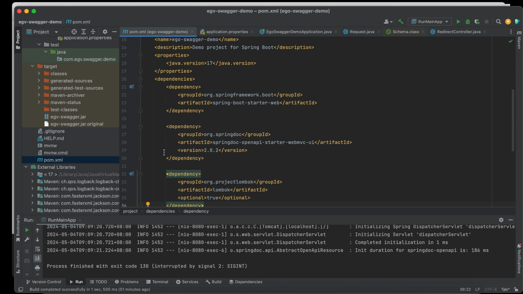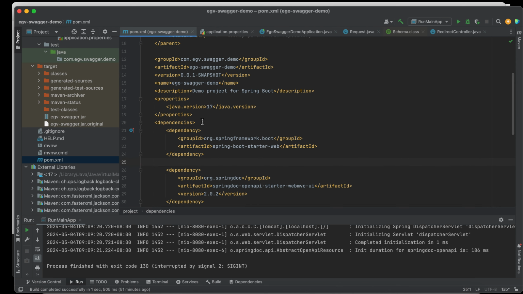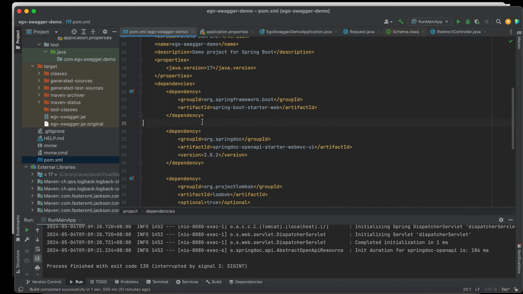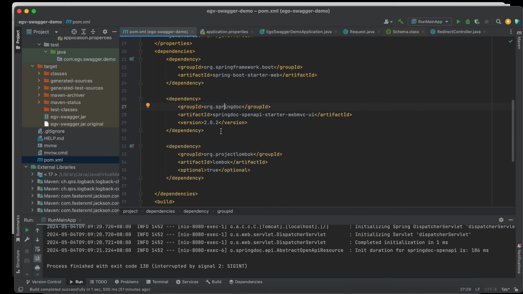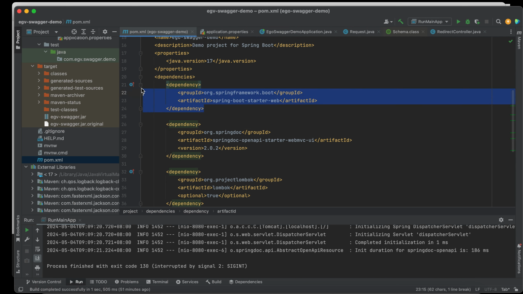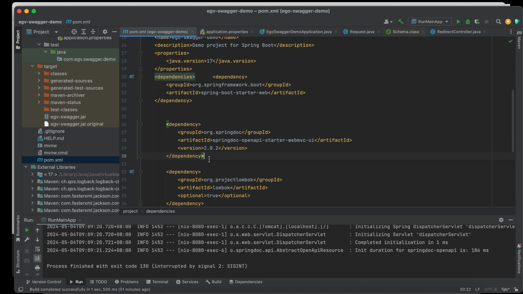To implement Swagger in Spring Boot, we just need one dependency: Spring Doc Open API Starter Web MVC UI. The rest is of course needed since this is web, but for Swagger alone, we just need this one: springdoc-openapi-starter-webmvc-ui.